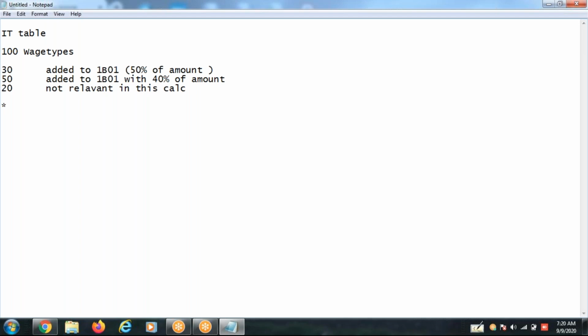You write this rule with a generic or specific wage types. First point, is it a generic rule or wage type specific rule? Anyone?